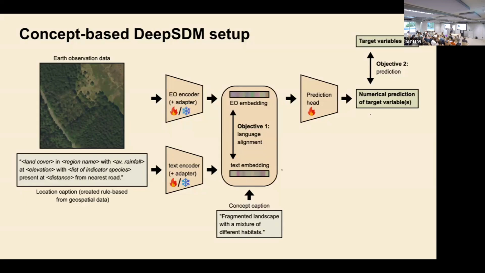So a caption might be something like, this is 80% wooded area with this much precipitation, and so on. And maybe we can change these to something more colloquial, like saying something that's mainly forested, adjacent to rough pasture lands and a high amount of rainfall. So we generate captions in this way, but we try to base them as much as possible in this real geospatial data. So they're not generated by an LLM, but by fixed templates that use geospatial data.